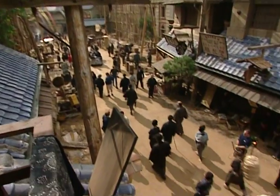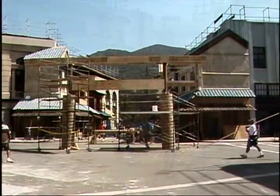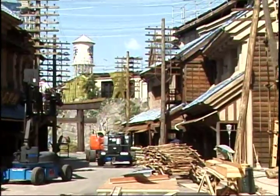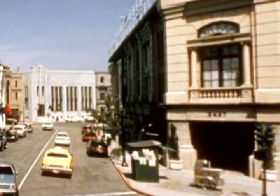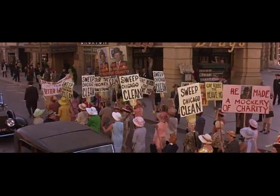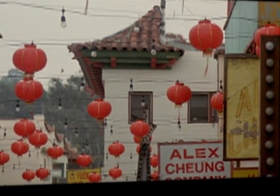To create a 19th century Tokyo street in The Last Samurai required 3 months of construction and hundreds of artists and craftsmen. But this is just the most recent incarnation of the famous Warner Brothers backlot. Through the years, the New York street has been many places in many movies. From Prohibition-era Chicago in Robin and the Seven Hoods, to turn-of-the-century New York in The Great Race, to Chinatown in